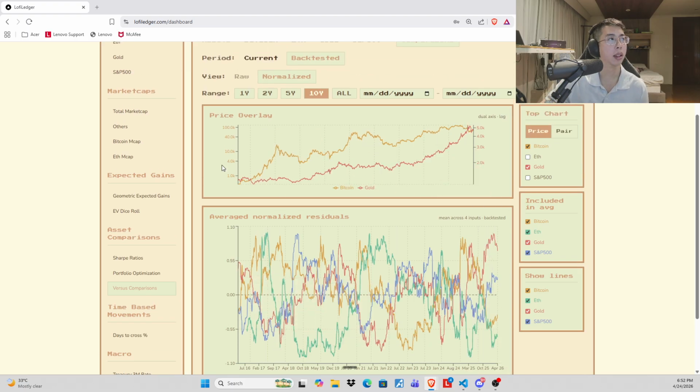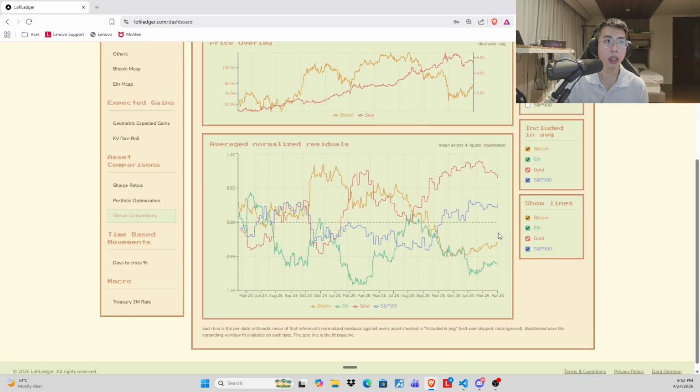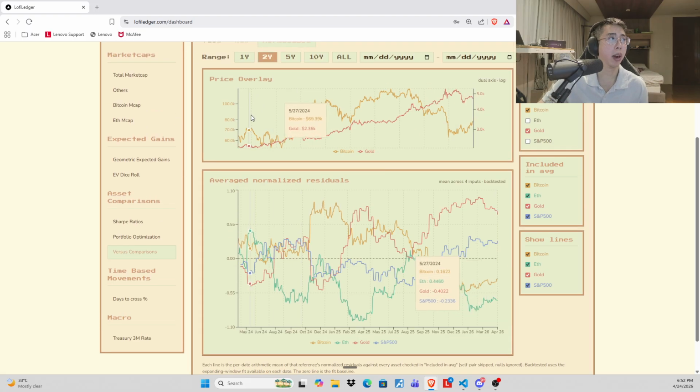So looking at the most recent values, just look at the past 2 years. This is what it looks like. Gold is really strong right now. And that's no surprise if you look at the price of gold. Gold went from $2,000 at 2024, right? In 2024 it was at $2,300, and then right now it's at $4,000, right? So it went up like 2x